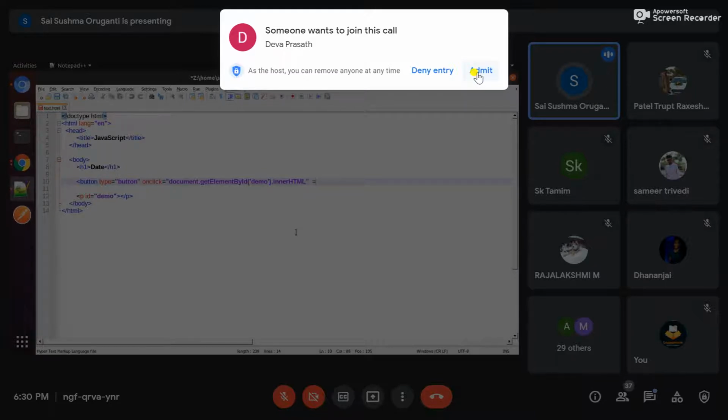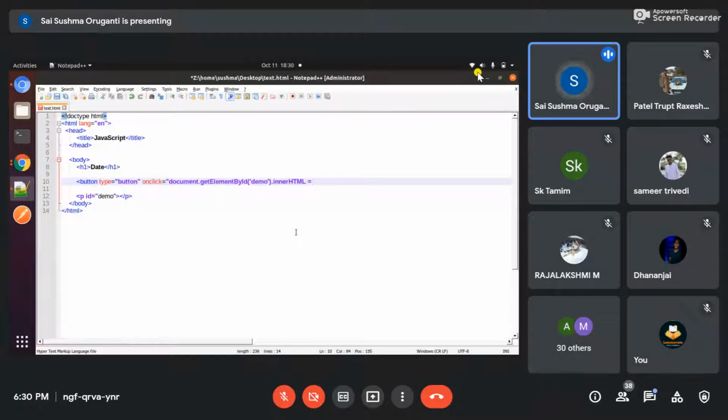Here we can write a default function. There is a default function in JavaScript called Date. It is a default method that displays the date. Here we can give anything you want, like the button name, display date, whatever text you want.